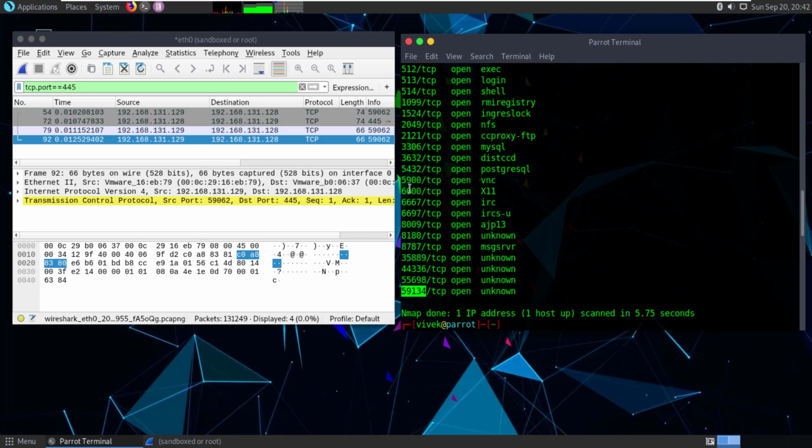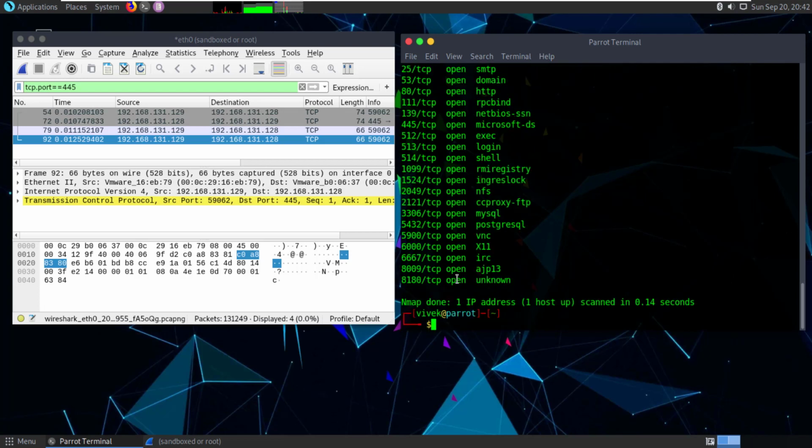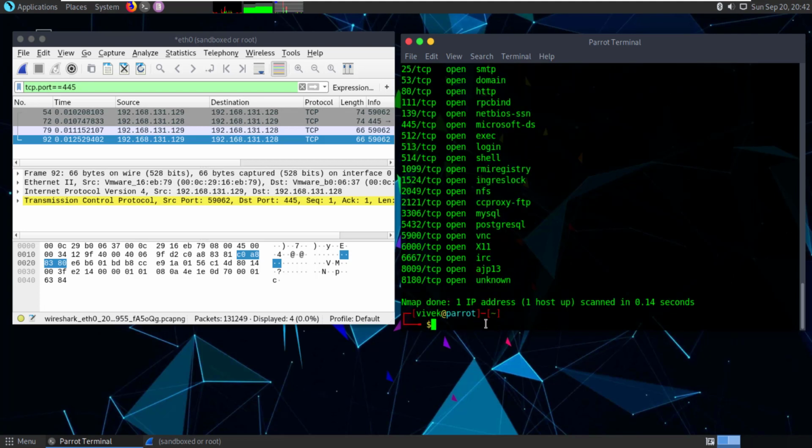Why is there a difference? It is showing you a few ports, not all ports. When you are not specifying anything, you definitely need to specify. So this was the basic part.